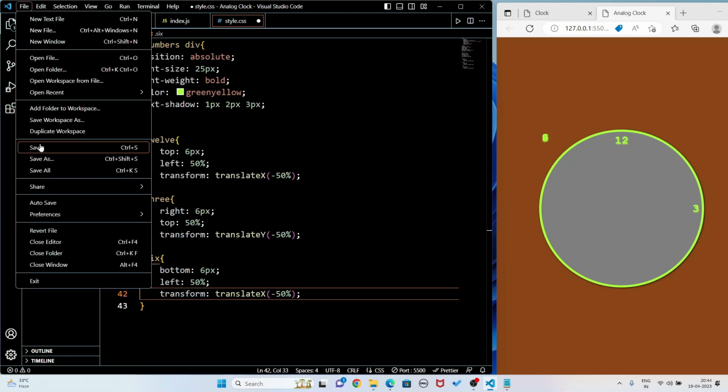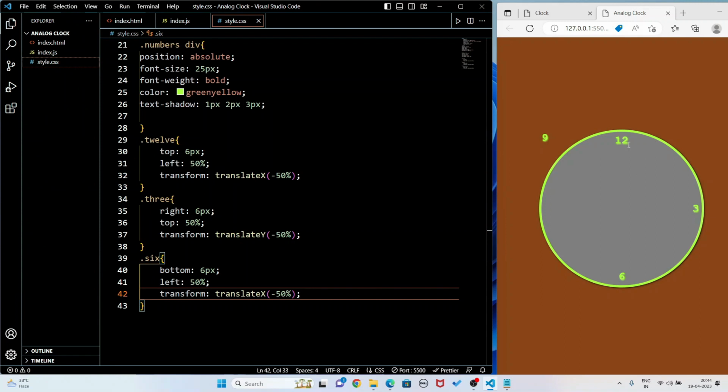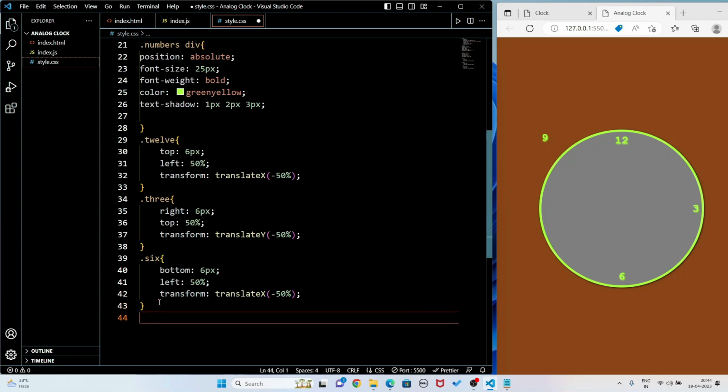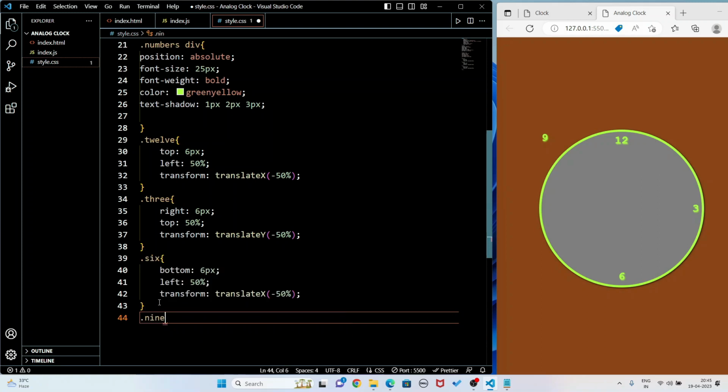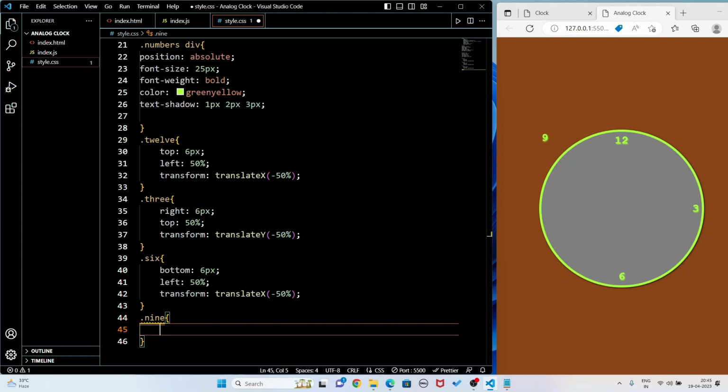I'm going to save it. You see, it came in the exact position. Now I have to fix the 9. So I'm going to write dot 9. Here I'll write left because 9 will come on the left. So I'm writing left